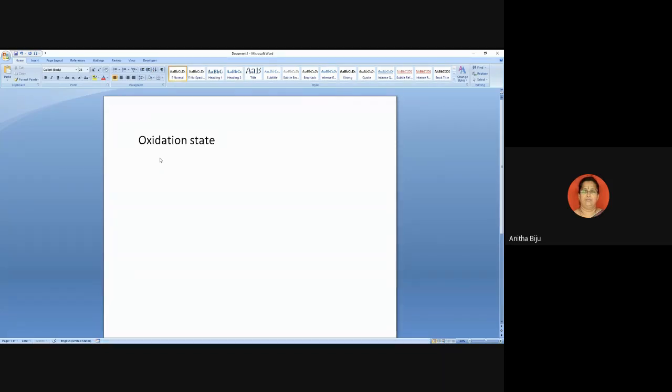Now let us think about the possible oxidation states of group 15 elements. Which are the possible oxidation states? So I can give one clue regarding the same. When we write the configuration, what is there in the configuration? ns2 np5, isn't it?